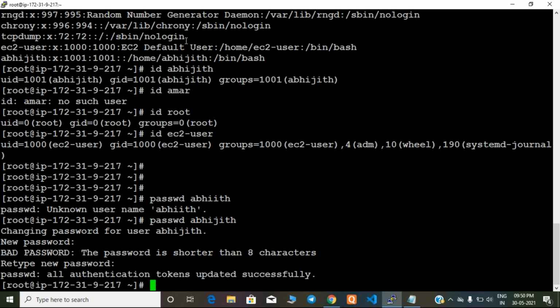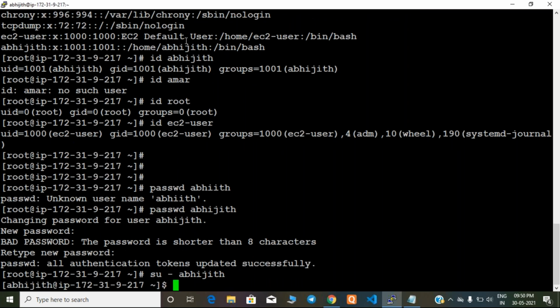But I will show an alternative way. This method we don't use most of the time, but as we don't have the first method right away, I will show the second method, guys. su - Abhijit. In Windows also we have this concept, guys: switch user, switching from one user to another user. Do you know the switch user option in Windows? Anybody? One user to another user, you can switch. Same concept. See, if I do whoami.